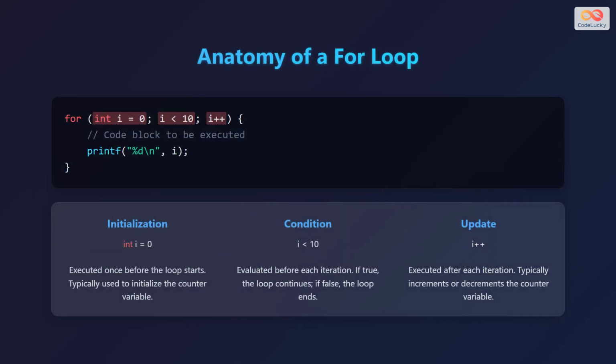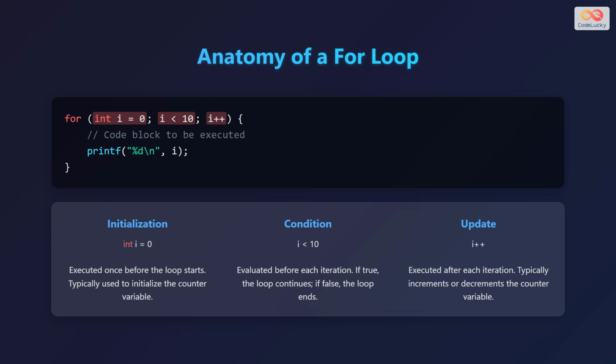Now let's dissect the anatomy of a for loop to understand each component. Here's a sample for loop. for (int i = 0; i < 10; i++) { // code block to be executed printf("%d\n", i); }